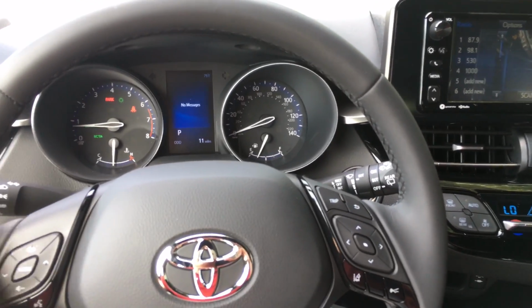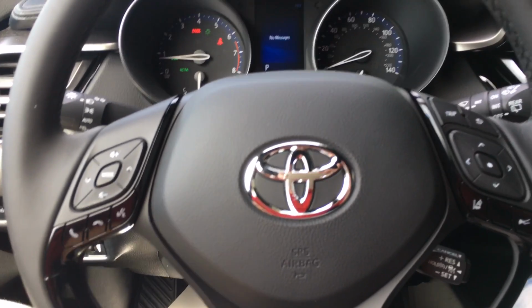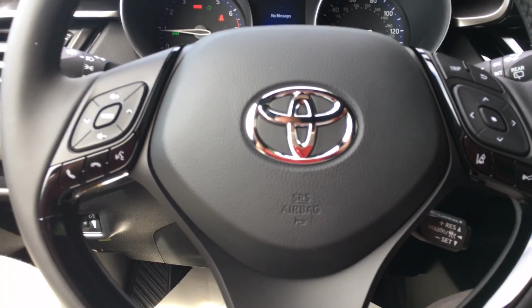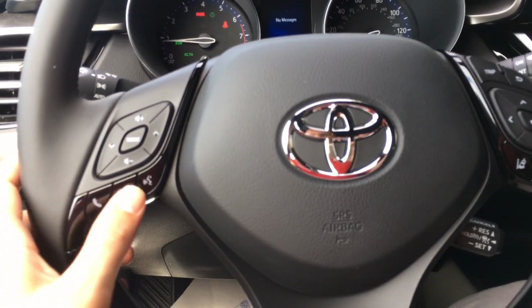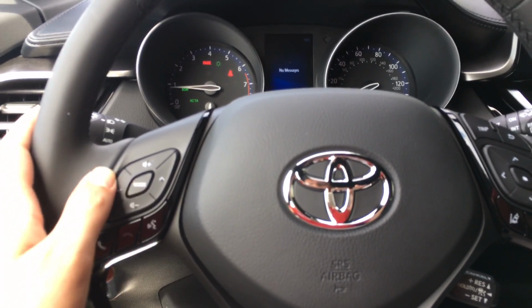It's a very soft leather, feels really good in your hands. And then you get this black chrome plastic, which also feels really good. It's a different steering wheel. It's never been in any other Toyota. It's very unique looking. You got your Bluetooth over here, your answer, decline, and then your voice activation, your volume